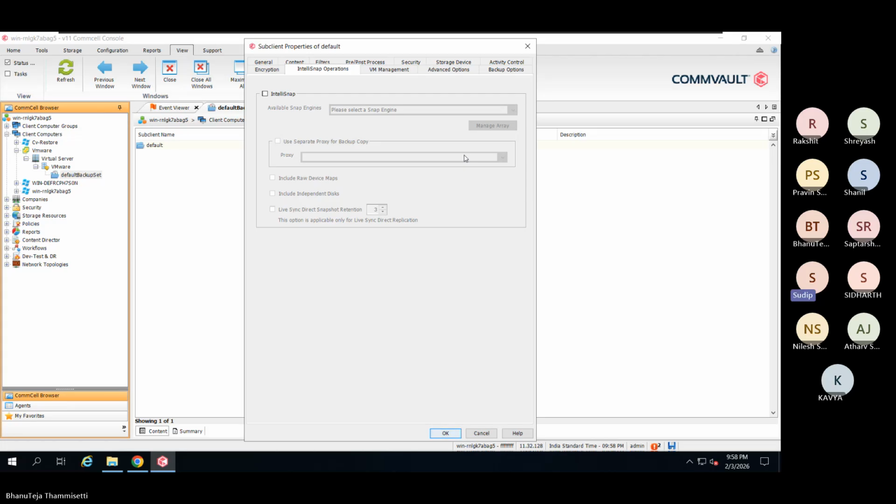These operations are termed within Commvault as IntelliSnap, intelligent snapshots. The short form is IntelliSnap. So once you select this checkbox called IntelliSnap,